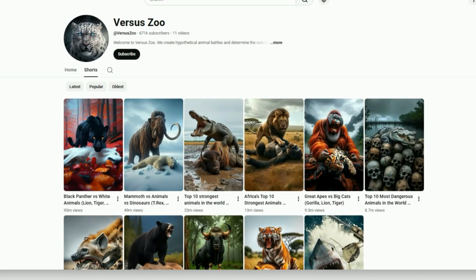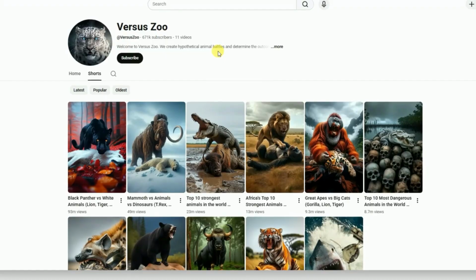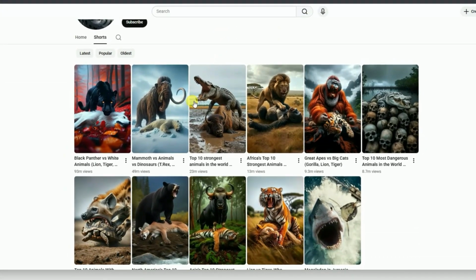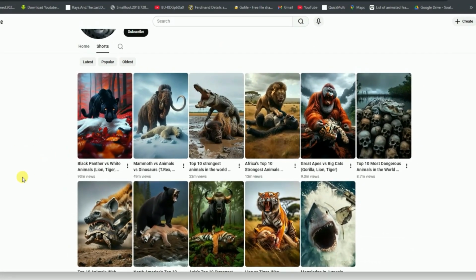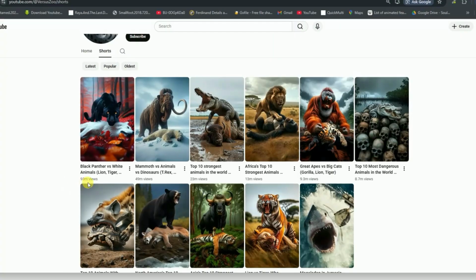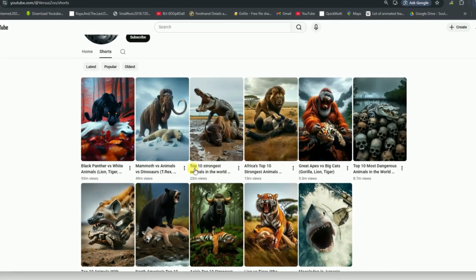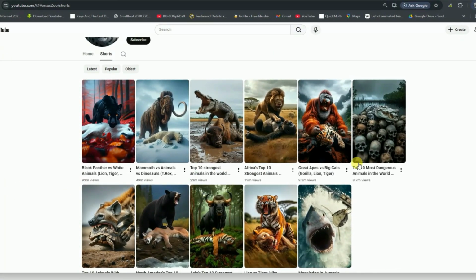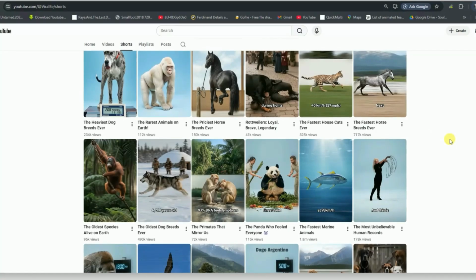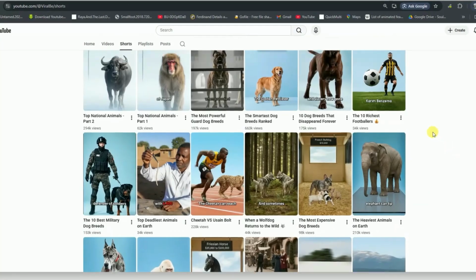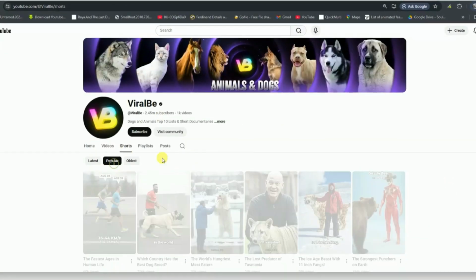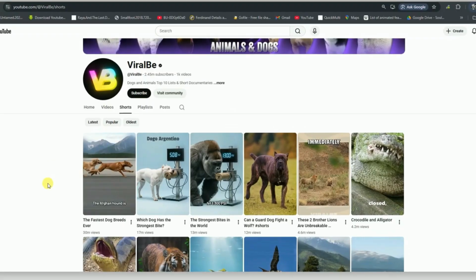Same concept. Very similar style of videos. And look at these numbers. 93 million views, 49 million, 23 million, 13 million. These aren't small spikes. This is consistent, massive traffic. And it doesn't stop there. Here's another channel doing almost the exact same thing. Similar AI-style content. And again, huge views on nearly every upload.